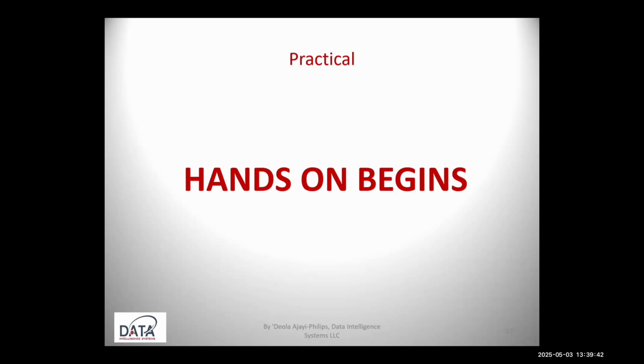Before we start the hands-on, we will need to download our tools. How are we going to do the download now? Since I have it on my system, we will allow someone amongst you to share their screen so that